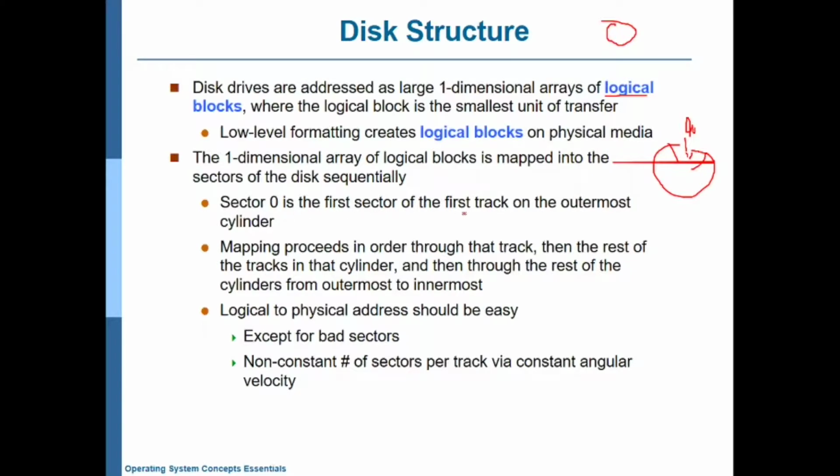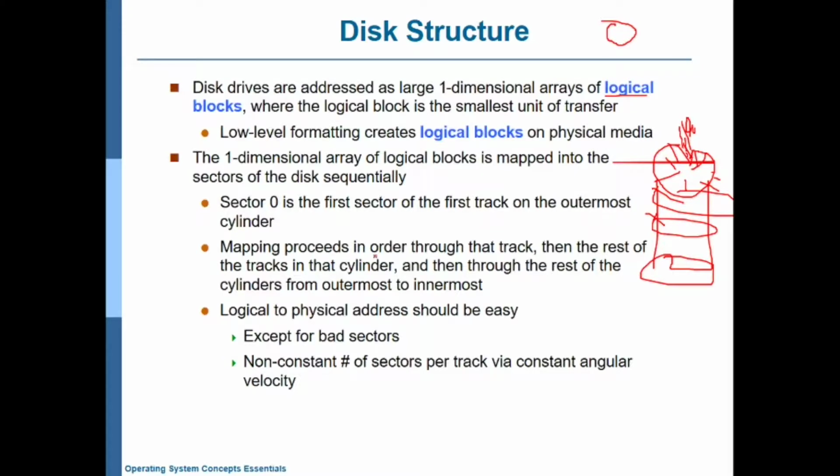Sector 0 is the first sector of the first track on the outermost cylinder. This is a cylinder; this is sector 0, this is sector 1, this is sector 2. Each cylinder has a number of sectors. Using sector 0, the first sector, we can access the logical blocks.